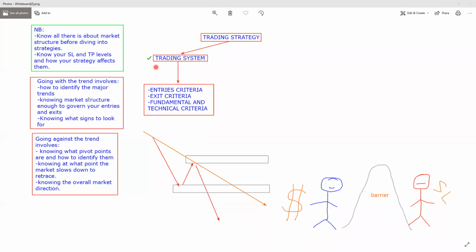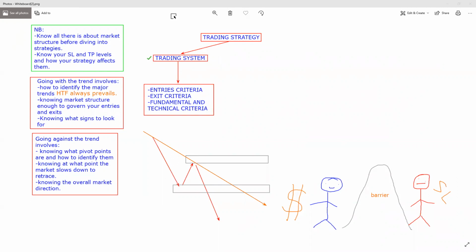Let me just write it here. High time frame always prevails. This is something I find a number of guys do not consider: the higher time frame is where you'll get your overall trend. That's where you should be drawing your major support and resistance levels, your major supply and demand levels, or your trend lines, and so on and so forth. That is where you draw your zones.